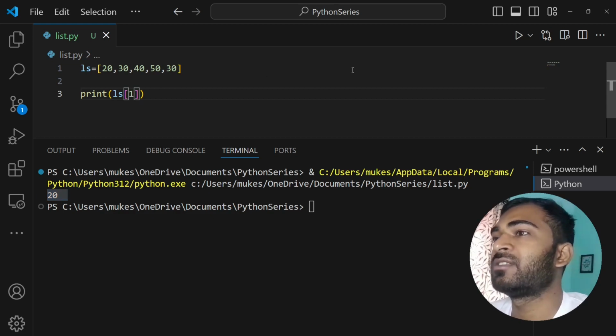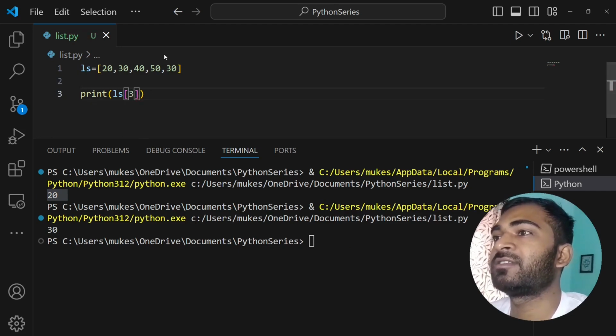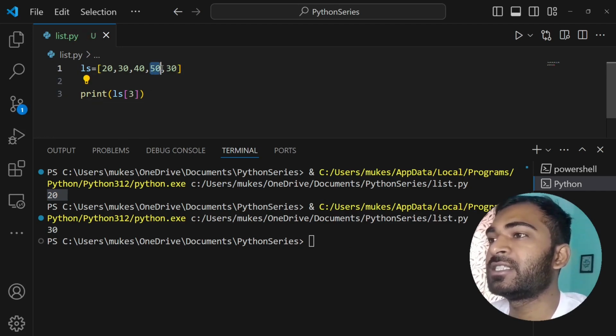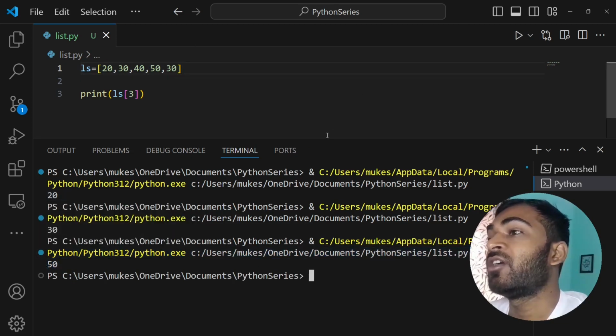Call it with 1. What is going to be the output? 30. Call it with 3. 3 is the third index, which is the fourth element: 0, 1, 2, 3. We're going to get 50 here. Yes, you can see we have 50 as output.